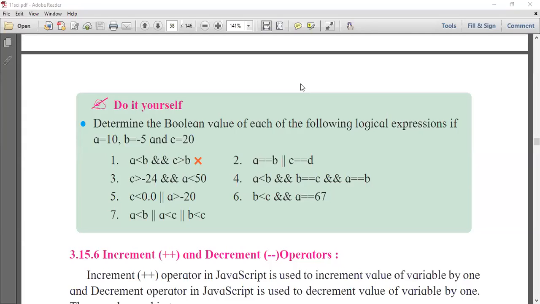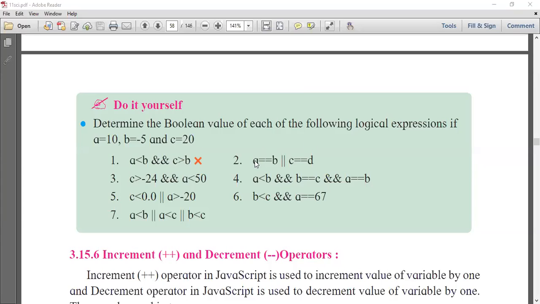Why are other people not replying? Yogesh said false. Amol says false. Shravani is saying false. Ratan is saying false. So everybody is saying false, then it might be false. So we'll check it out.